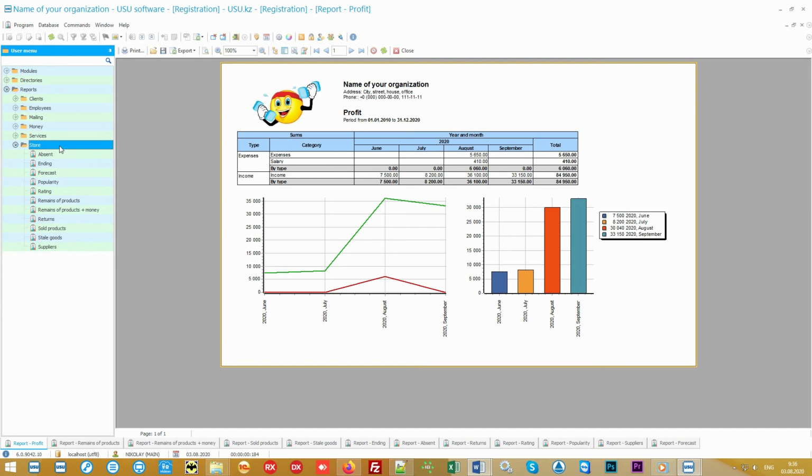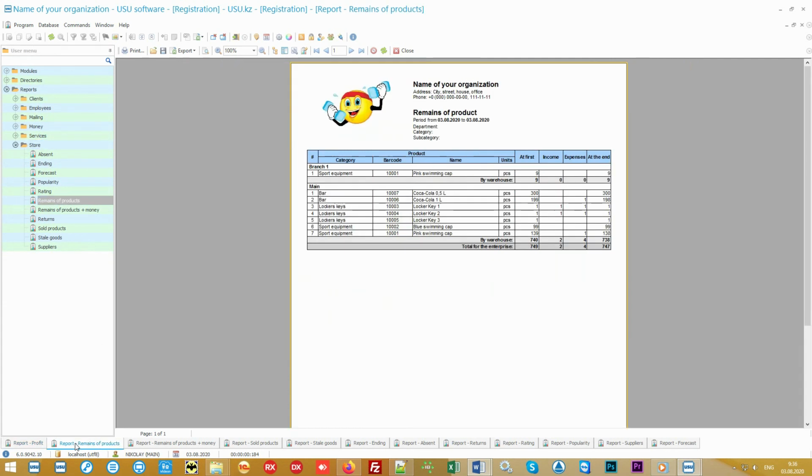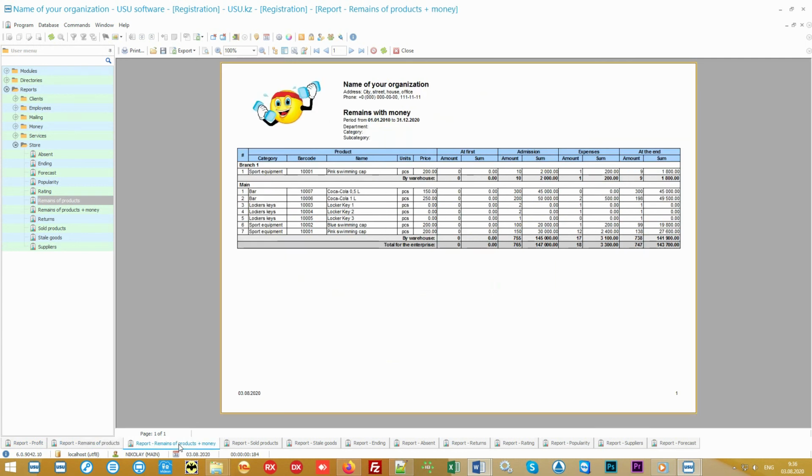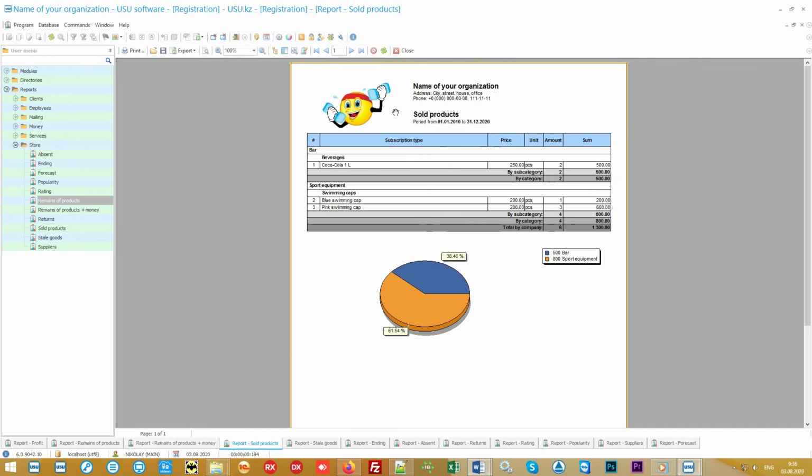Let's see how you can also keep this issue under control with the help of a special group of reports in our program. The base report will show the remains of the product at any date. Moreover, for any unit, warehouse, or just an accountable person, you can also see in monetary terms where the product is and in what amount. It is possible to display sales for any period, both for each position and for entire groups and subgroups.